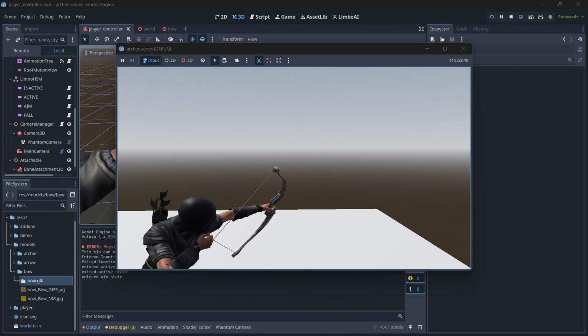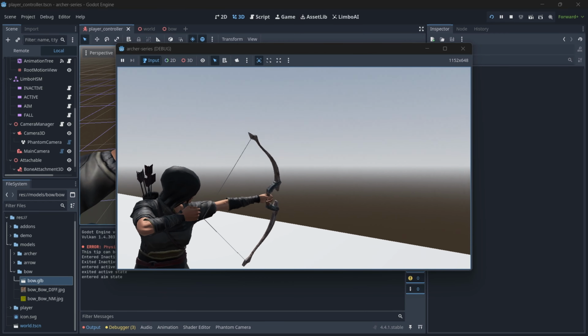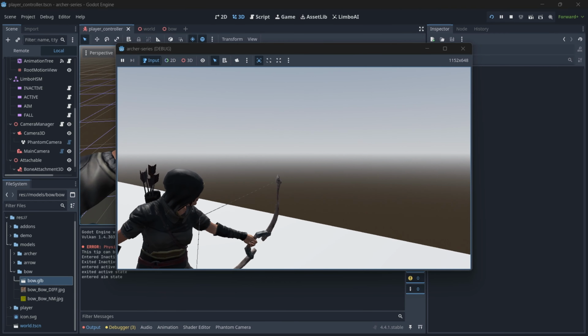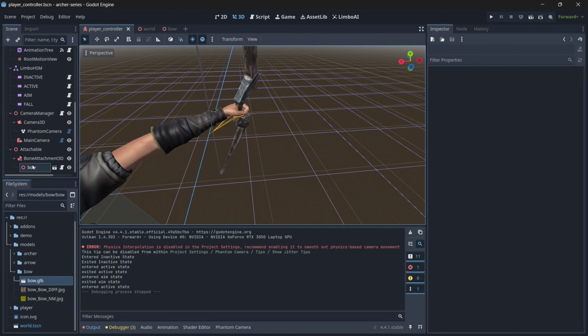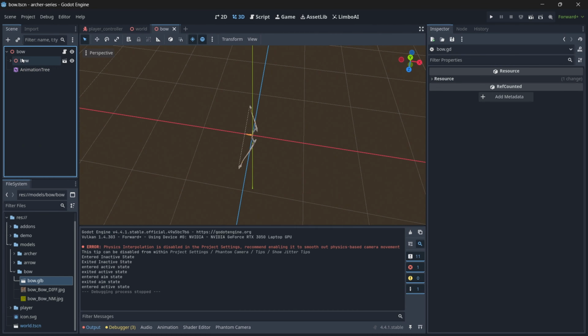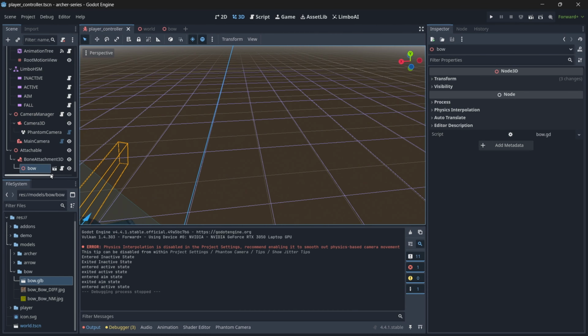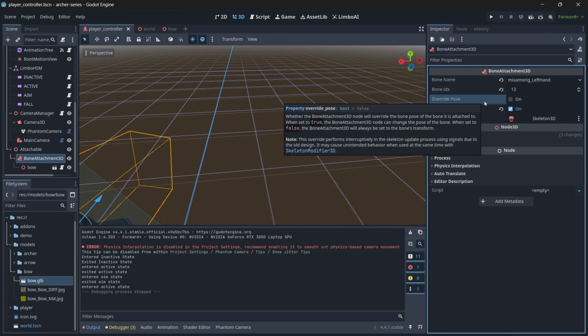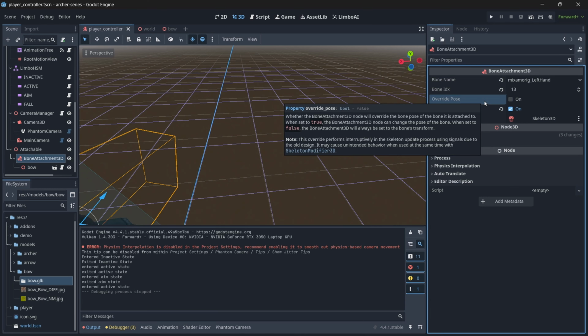And now you can see that the string is not properly aligning with the hand. So how do we fix that? Well, for that, if you select the bone attachment, here we have an option of override pose. So this will help us to deal with the issue that we just got, so that the string can be